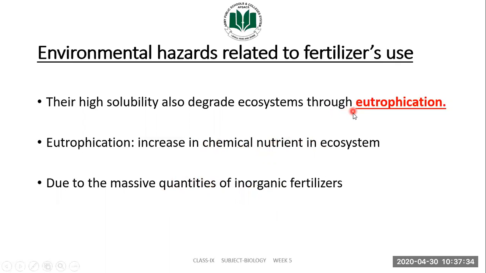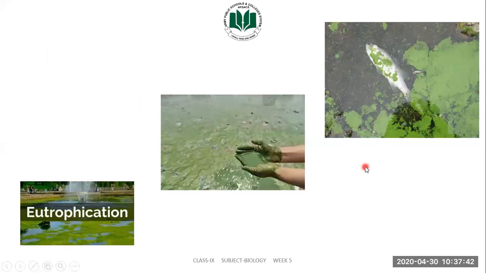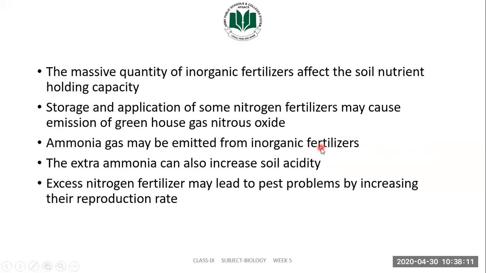Those water bodies are also affecting our ecosystem. We will discuss how it is doing so. Eutrophication, what it is exactly: on the surface of water a green colored layer will appear, as you can see here, and due to this green layer, the fish or other living organisms which are living underwater can die, because this green layer prevents sunlight from reaching into the water, hence it is preventing oxygen from reaching into the water. So the fish and other organisms will die.